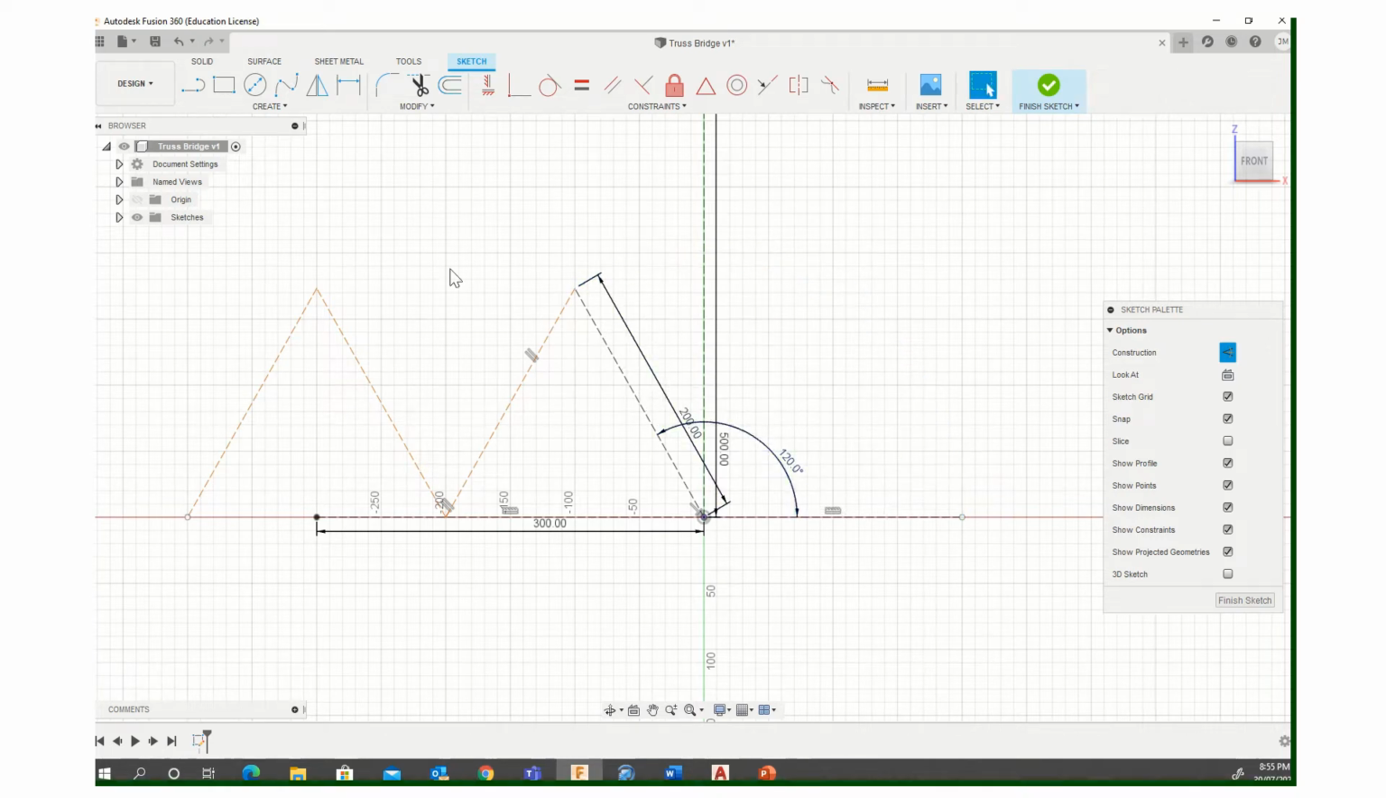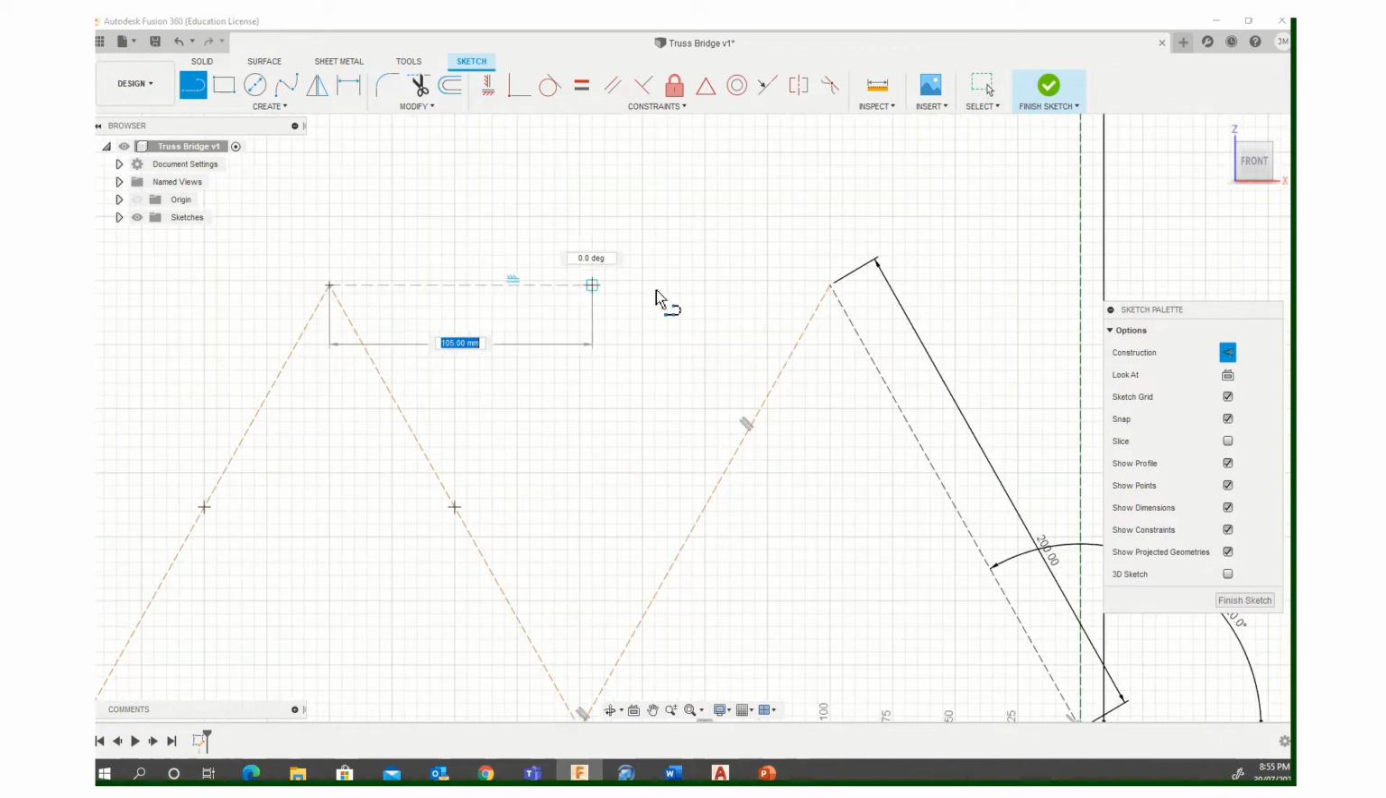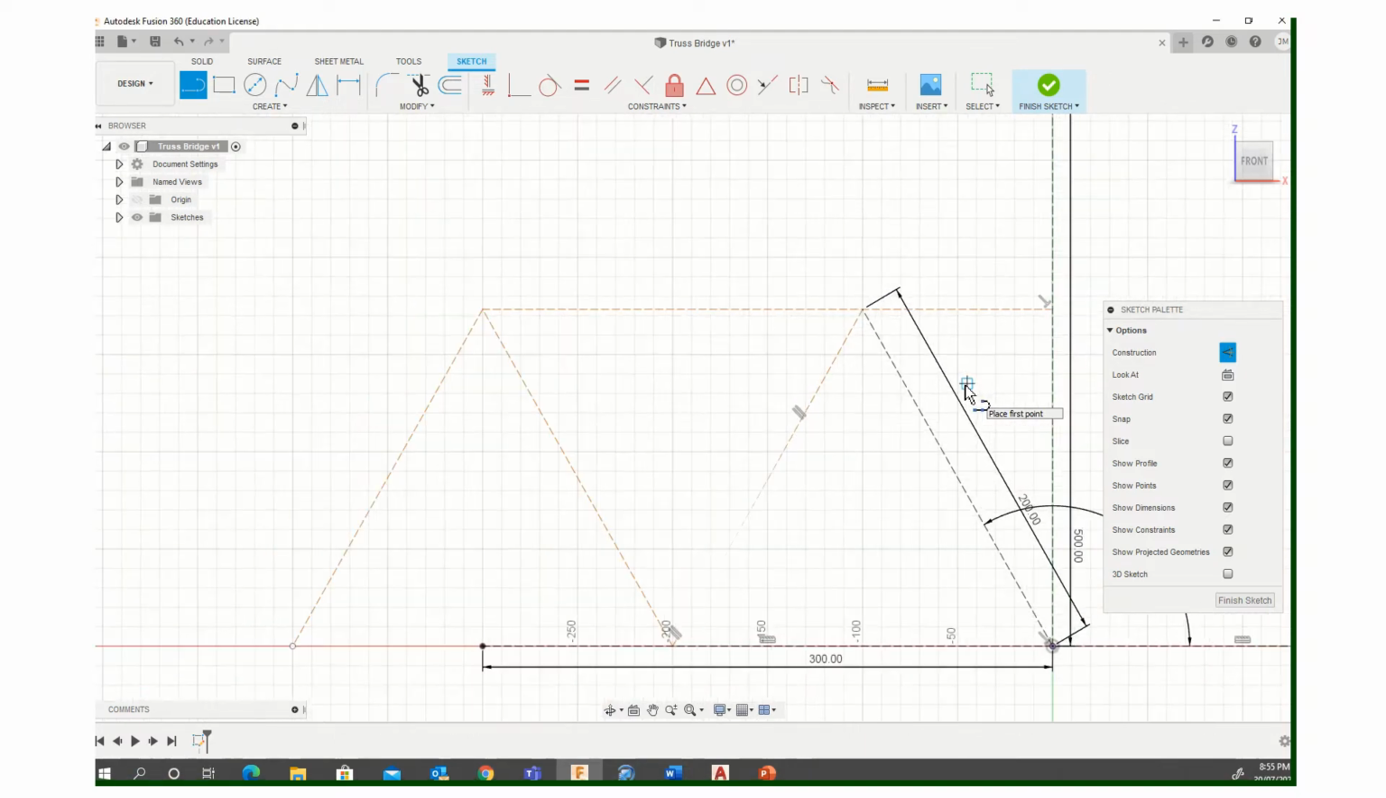So I want to draw some beams on the top. Here, and beams from here to here. Alright,